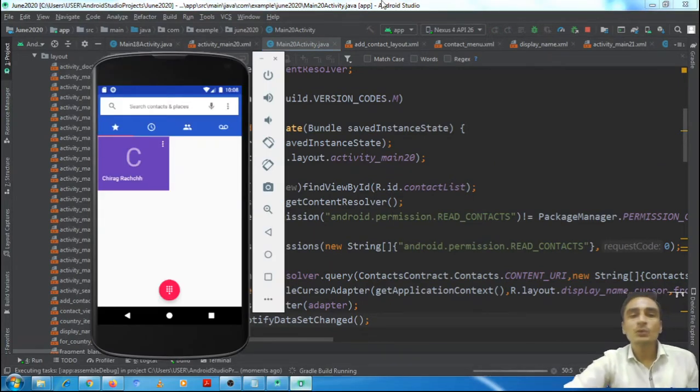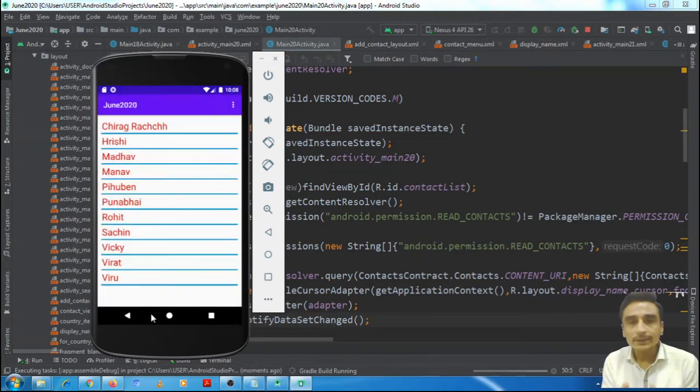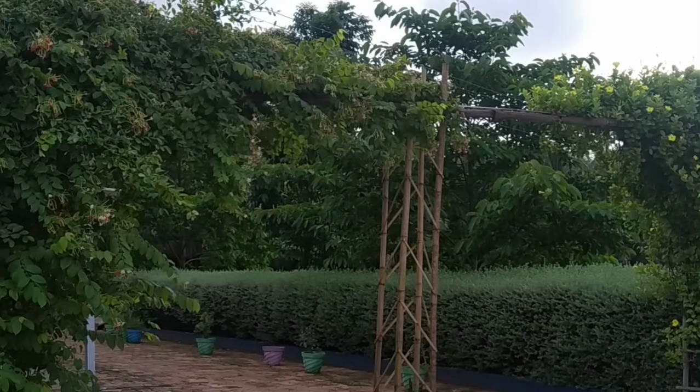Now our list view will show the name of the contact as well as the phone numbers. If there are phone numbers associated with that contact, it will show how many numbers are associated with this particular contact.